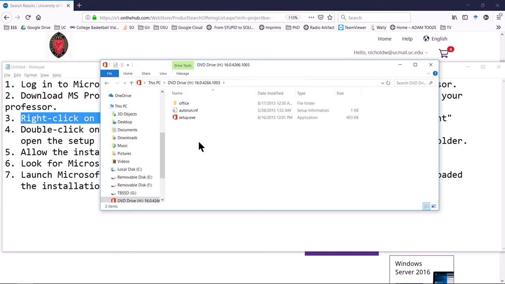Now once I've got it mounted, you can see I got the same results that I did before when I double clicked on it. I want to run setup.exe. Alright, that's easy to do. Double click, select yes,